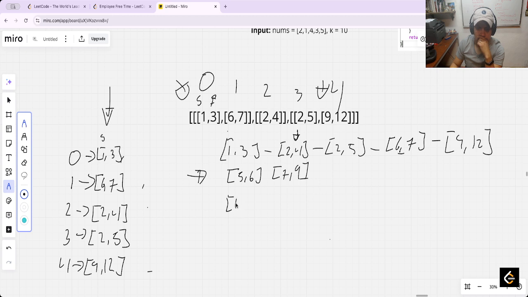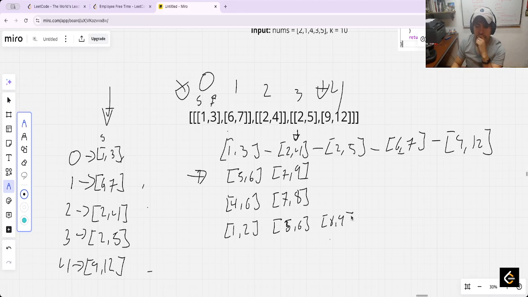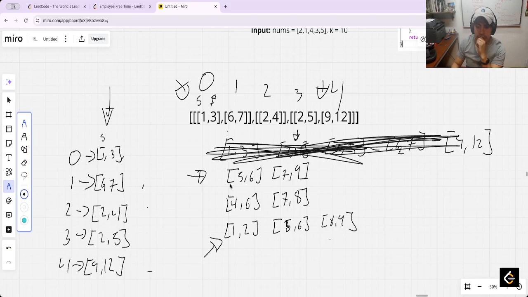like 4 and 6 and 7 and 8, and here is 1, 2, 5 and 6 and 8 to 9. This is the rest, and basically take this and again apply the logic, ignoring this, we have said that the space